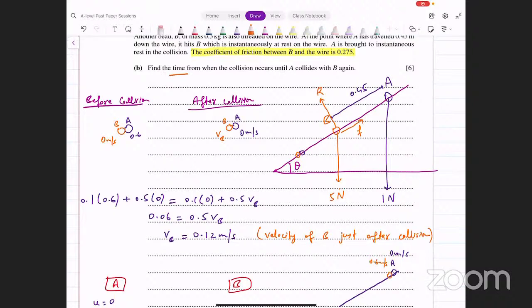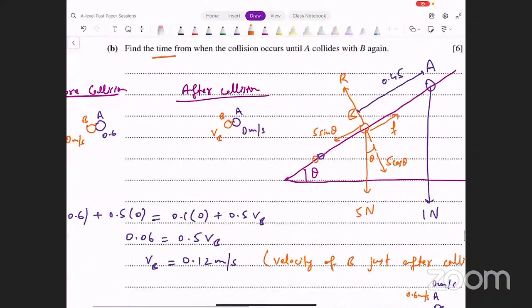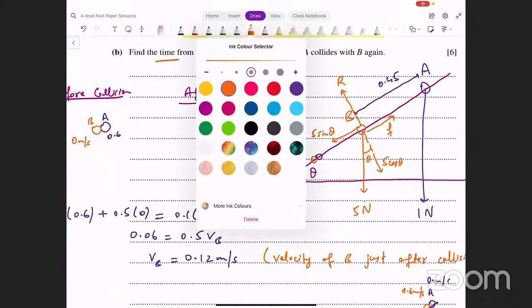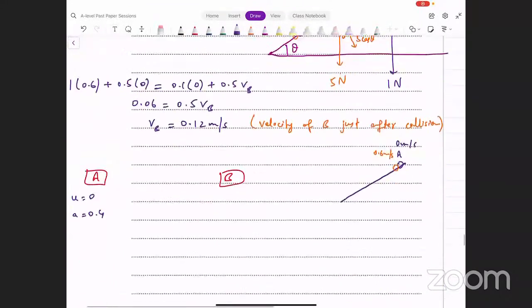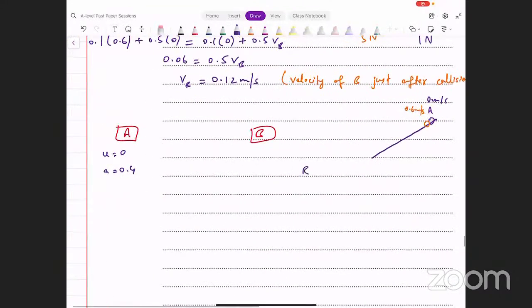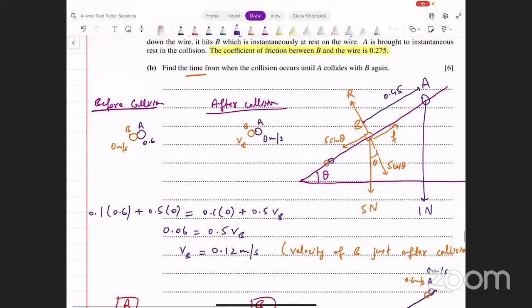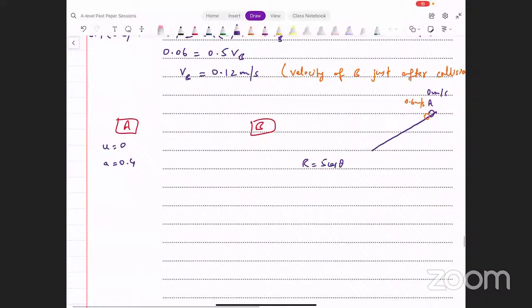5 न्यूटन का रिजॉल्व कर लें। 5 न्यूटन का एक कंपोनेंट यहाँ पे लगेगा, दिस इज गोइंग टू बी 5 cos थीटा, एक कंपोनेंट इधर लगेगा, दैट इज 5 sin थीटा। ठीक है, दीज आर द फोर्सेस दैट आर एक्टिंग ऑन बी। आर की वैल्यू क्या आ गई हमारे पास, आर इज 5 cos थीटा। पैरेलल फोर्सेस कौन सी है, 5 sin थीटा एंड एफ। नीचे का मूवमेंट है, फॉरवर्ड फोर्सेस 5 sin थीटा